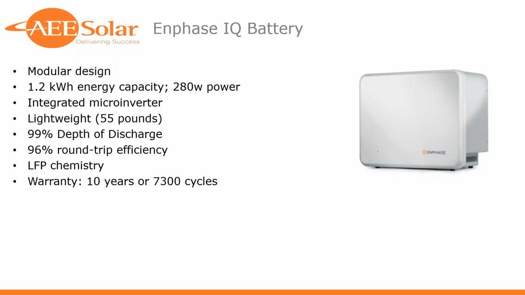Pretty easy install for a single guy working in the power electronics space of the install while everybody else is up on the roof. 99% depth of discharge, really good round trip efficiency, and this is something that's not commented on a lot when we talk about storage. On a DC coupled or an AC coupled architecture, your round trip efficiency is going to be much higher on the